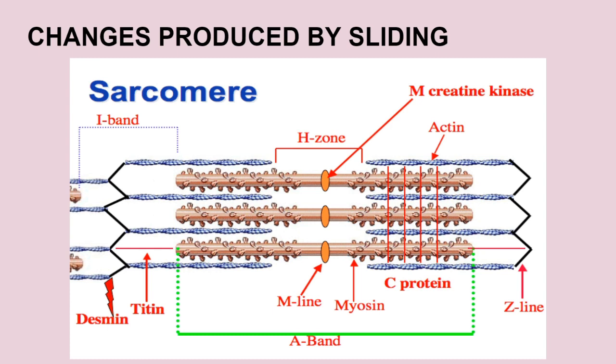Right, now the last step is muscle relaxation. Within a few milliseconds of the action potential, the calcium pump transports the calcium ions present in the sarcoplasm during the contraction back into the longitudinal portion of the sarcoplasmic reticulum, from where the calcium ions came for the activation. Because of the removal of the calcium from troponin C, the myosin binding site of the actin is blocked, which restricts the binding of the actin with the myosin.